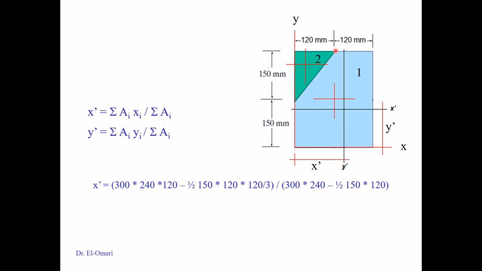We subtract from that the triangle. So it's the area of a triangle, half 150 times 120, and then multiply it by the vertical distance from its own x-axis to the reference x-axis. If this is 2/3, you get it from the book, the centroidal axis is at 1/3 and 2/3. So 2/3 of the 150 is 100, and then add to that